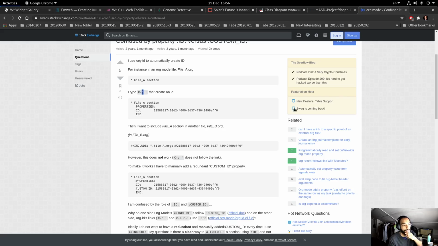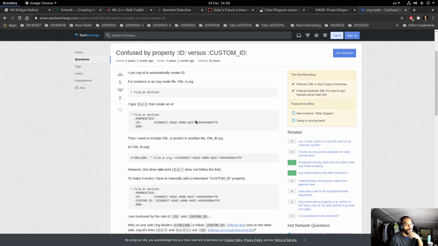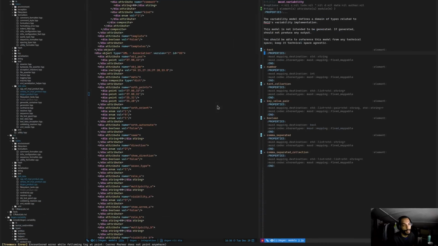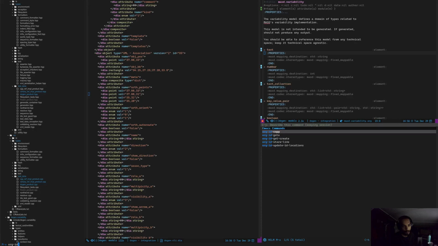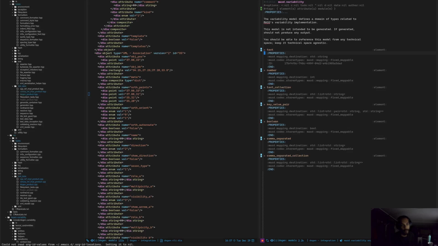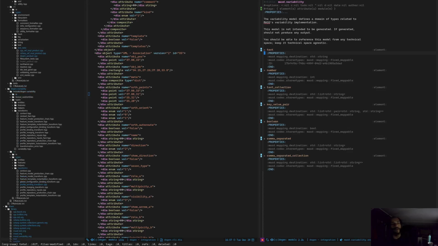Oh, actually Ctrl+C+L just stores it, doesn't it? So how do I insert an ID? Org ID. Right, so that creates an ID, interestingly with some random spacing, but